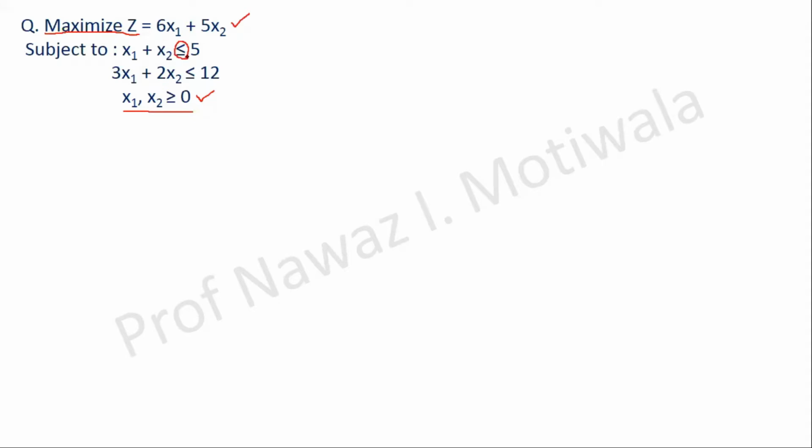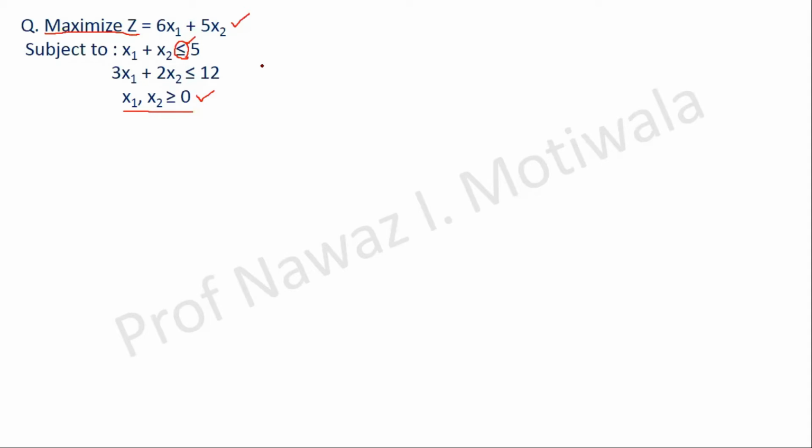these inequalities into equalities. You can see that there is a less than or equal to sign, or you can say there is an inequality present there. So my first step in any problem of linear programming will be to remove the inequality sign. Here we are given x1 plus x2 less than or equal to 5. Now I have to remove this inequality sign. Just by logic, tell me where I should add something, on the left hand side or right hand side, such that this less than or equal to becomes equal to.